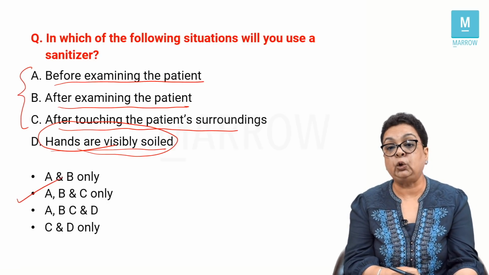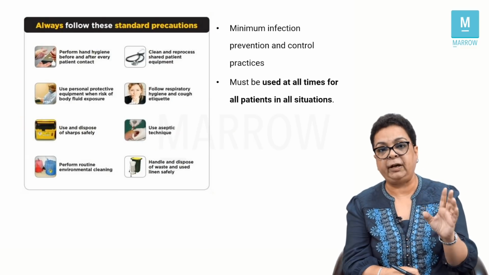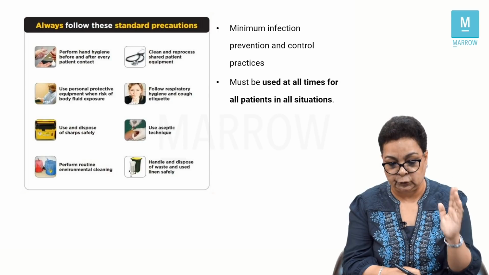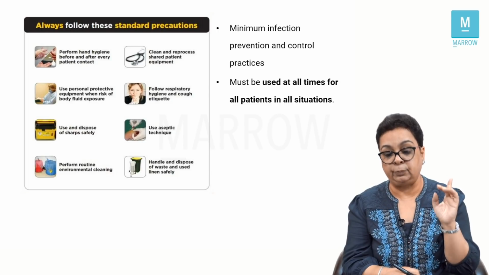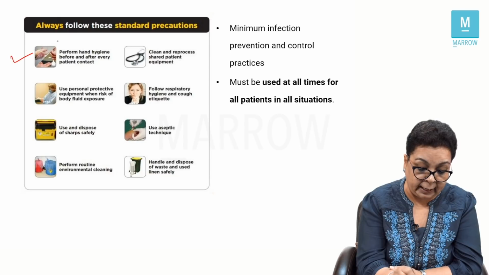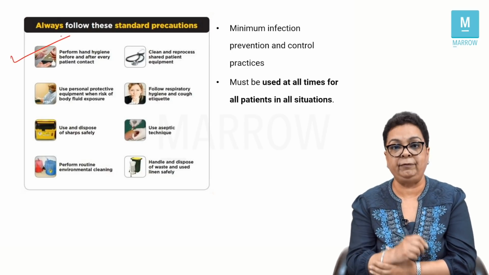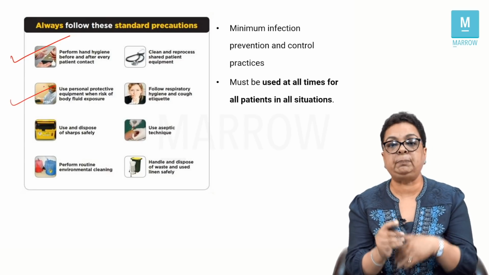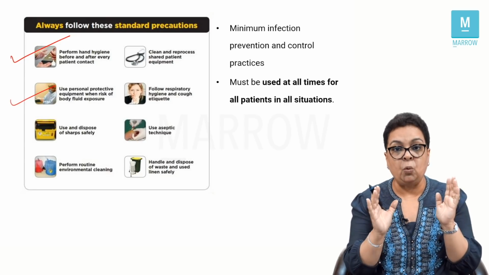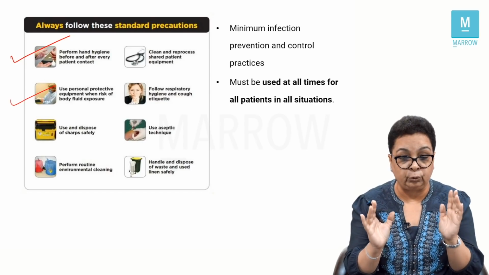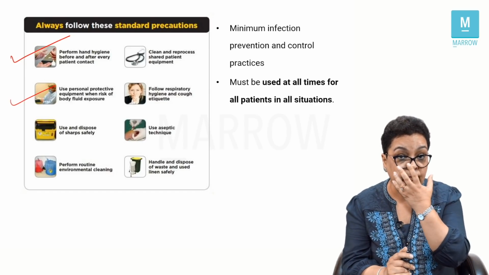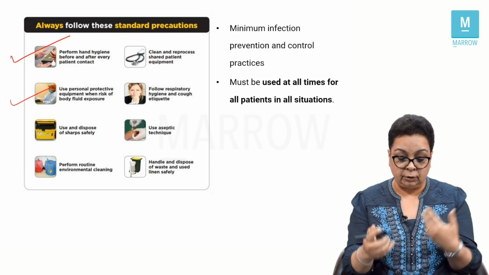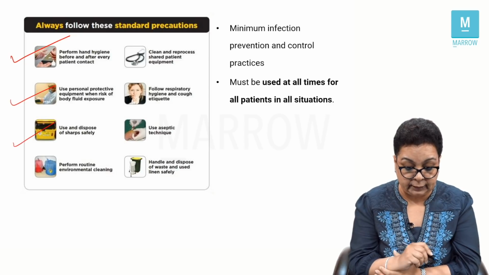So standard precautions are the minimum infection prevention control practices to be followed in the hospitals. Which are these standard precautions? Perform hand hygiene. Always use personal protective equipment whenever there is a risk of body fluid exposure. So wear your mask, your gowns, your goggles or face shield always. Use and dispose